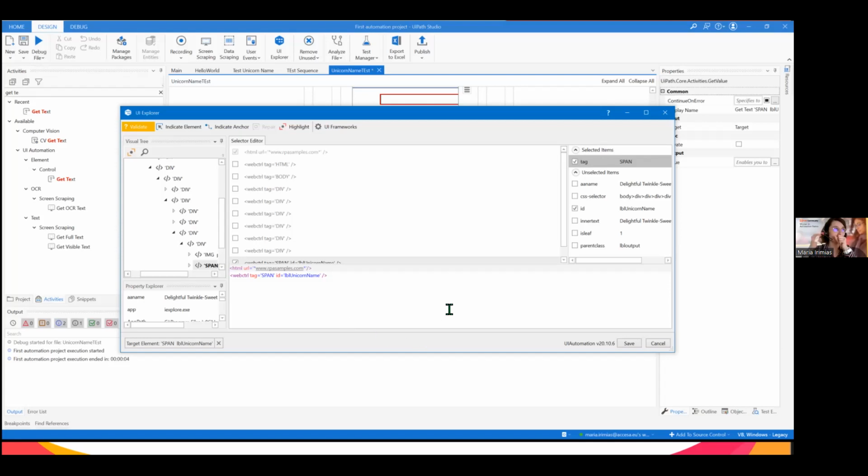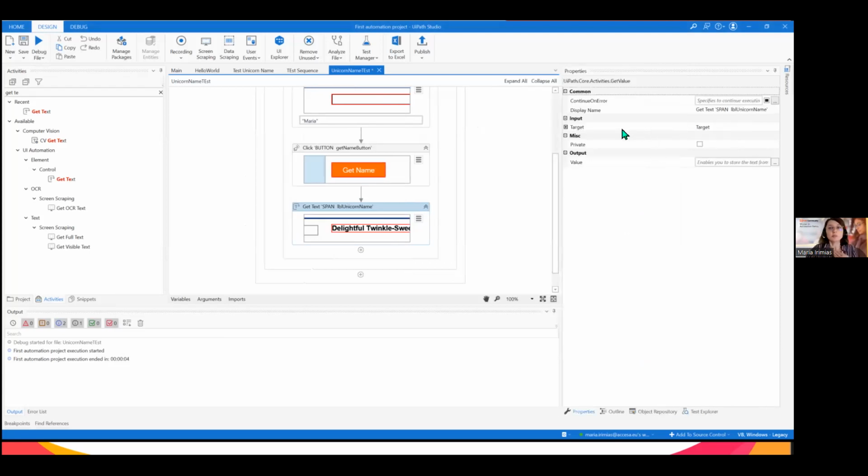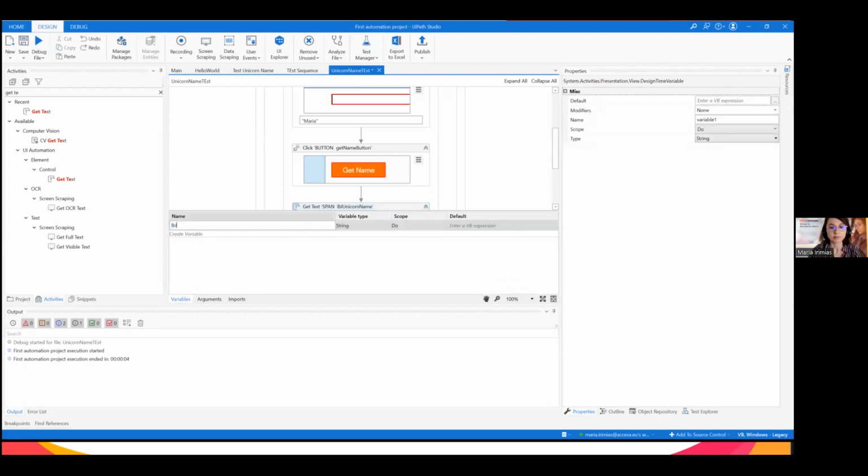Now going further, once I identify my element, I just have to save the value that this activity provides me. Basically, as I can see here, this activity, besides identifying the element, provides me an output value. I have to store it somewhere. I can create a variable here directly, like this.